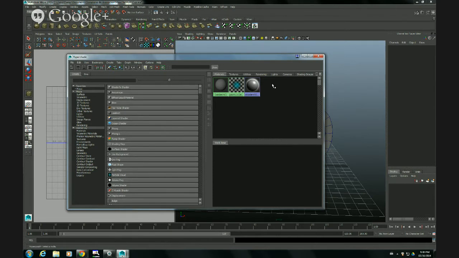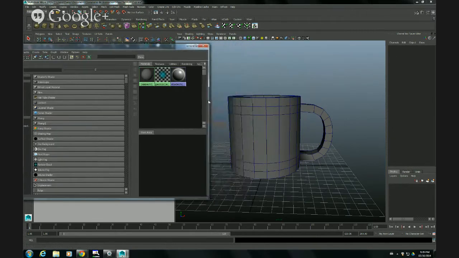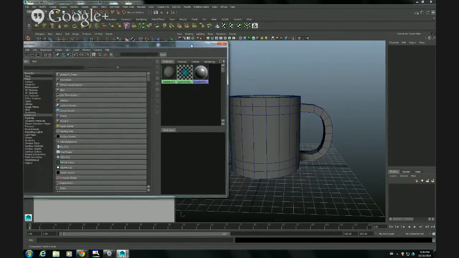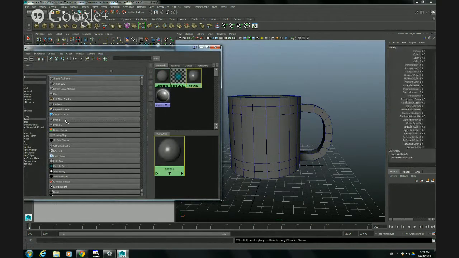In this case, it's a cup. I'm going to think about this cup like a cup made of porcelain, and the texture will be a brown color with a logo of Tim Hortons. But for now, the first thing I have to do in order to lay out the textures properly is to use an approach that has been used for many years, and many professionals do the same, because it's a very simple and proven effective procedure. And it's basically create a material, in this case a Phong, and just lay out a checkered texture over this